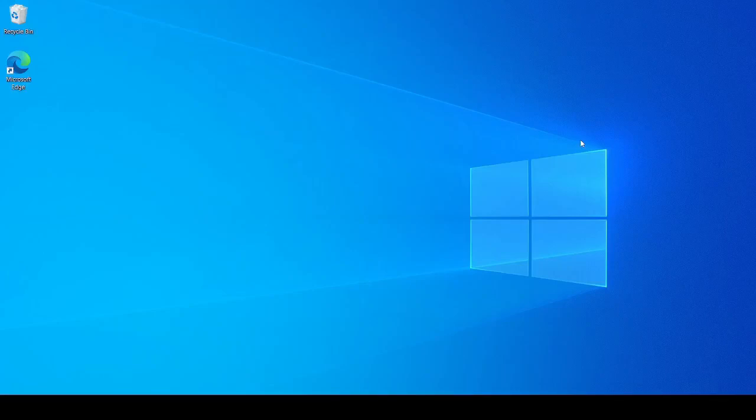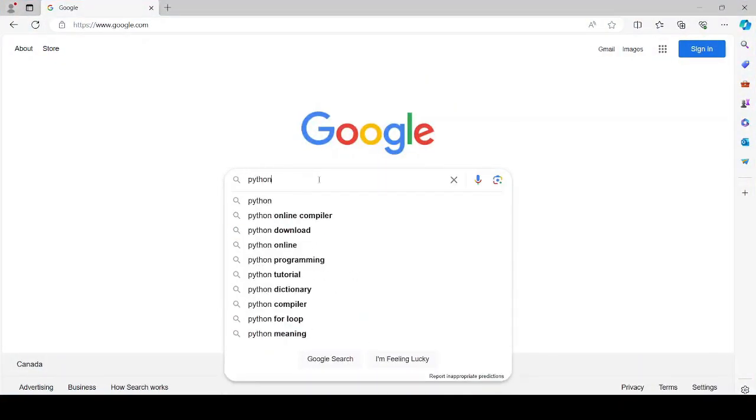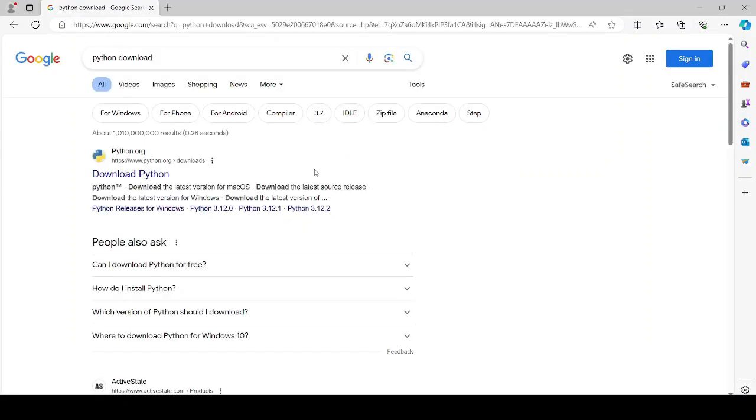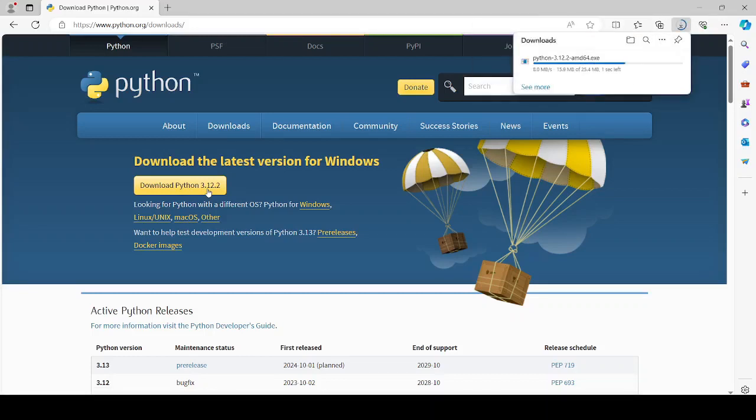Go to the Python official website, python.org, or search in Google by typing Python install or Python download. The python.org website should appear on the top search results. Okay, let's go to this website, and from here you can download the Python installer. So I click here, it's being downloaded. I open the file,